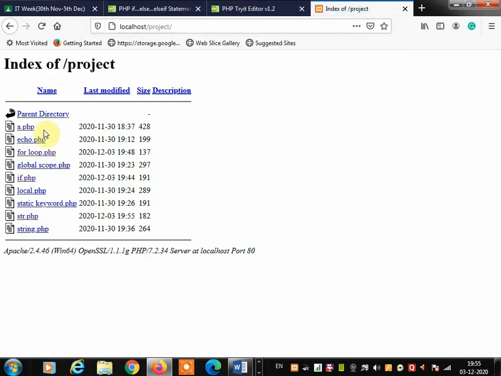Now you'll get a list of PHP programs in the directory, and the name I gave that PHP program is string.